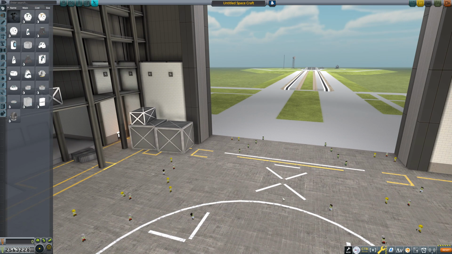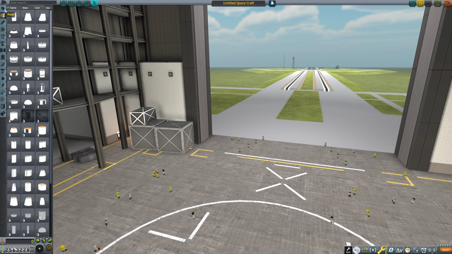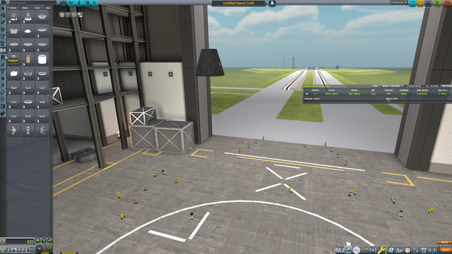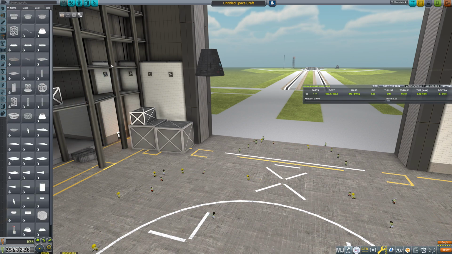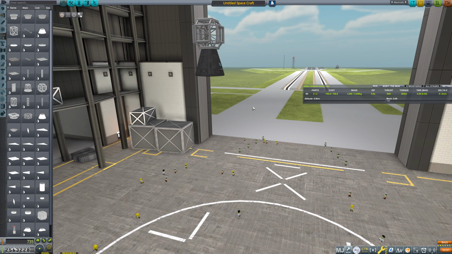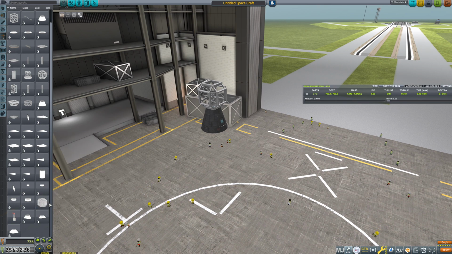So the core module here, well, we can definitely see that there's kind of a conical portion, but the core module to me... Well, let's start with that conical portion. So we might replace this, but we're going to start with this as our core module for right now. Then I want to go into the structural tab here. We could certainly go for something like a modular girder hub. That gives us approximately the shape that we're looking for, but I would actually kind of prefer